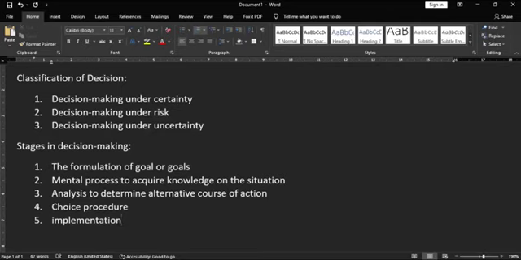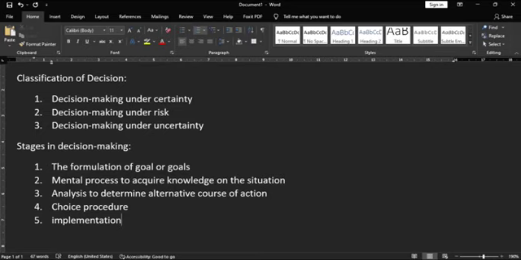Formulation of goals. For one to make a decision, one must have goals that one expects to achieve. This is certain. The goals to be achieved may be determined by the organization and can aim at minimizing cost or maximizing profit. 2,